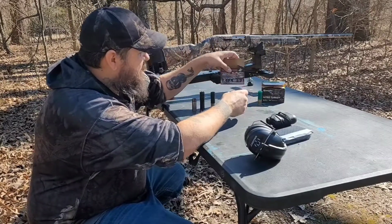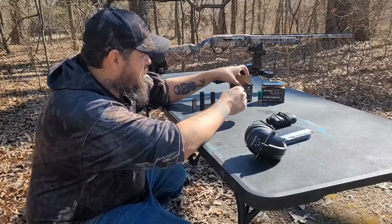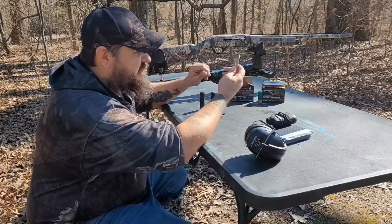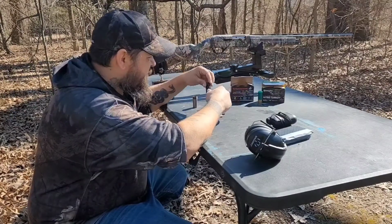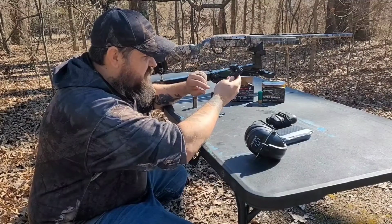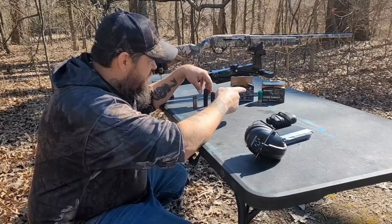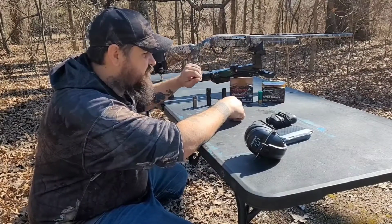and I'm also going to be trying out the Winchester Longbeard XR, and I'm going to try out the full choke that came with the shotgun, and then I've also got a Carlson Longbeard XR turkey choke. So we're going to try both of these through both chokes and just see what kind of patterns we get